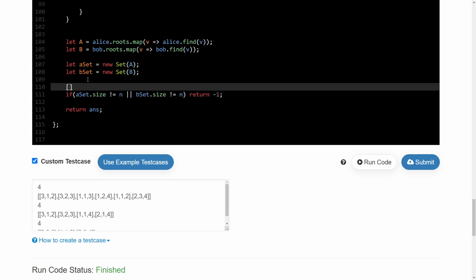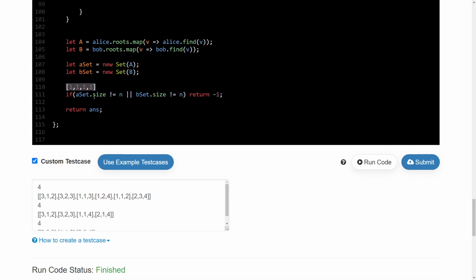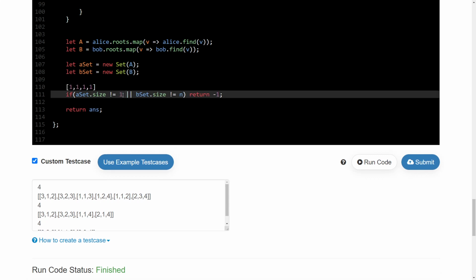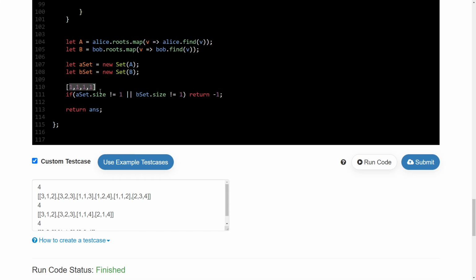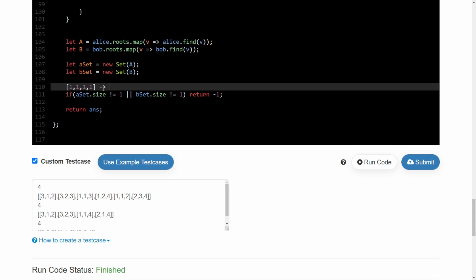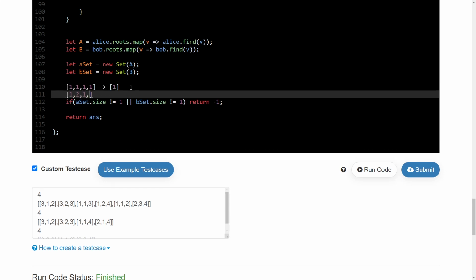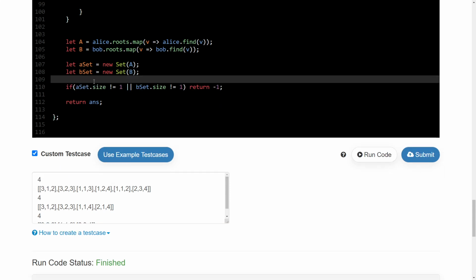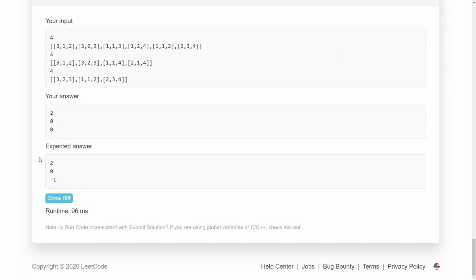As I mentioned, if my parents were like this, then the size of the set is not equal to 1 actually. If all elements are connected, the parent will be only a single element. So when I put it into the set, it will convert to 1, and the size of that set should be 1. But if there are multiple parents, the set will be 1, 2. When this is the case, the size of the set will not be 1, and then we can say that everything is not connected. So that's it. Let's see if it gives the right answer for the third case now.